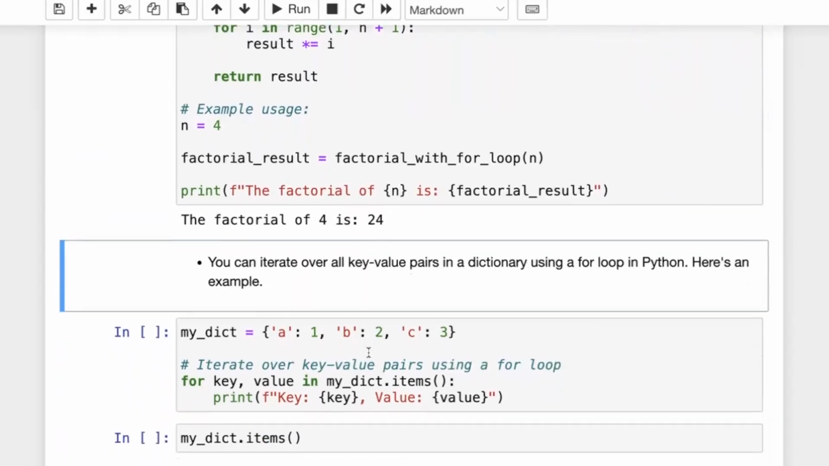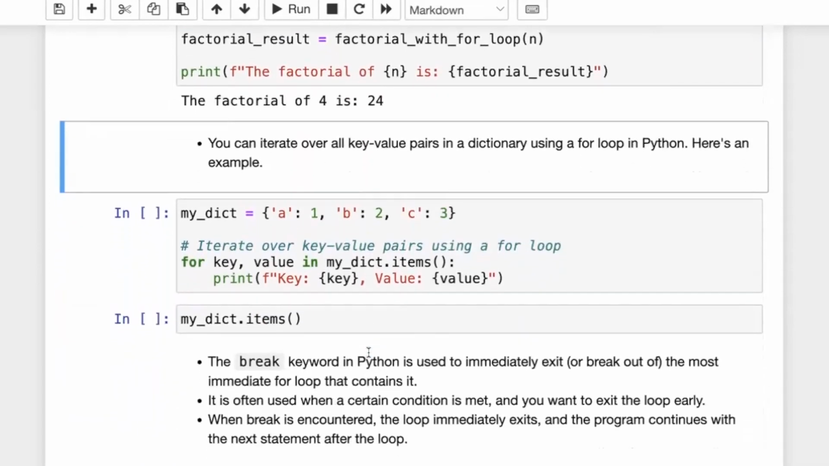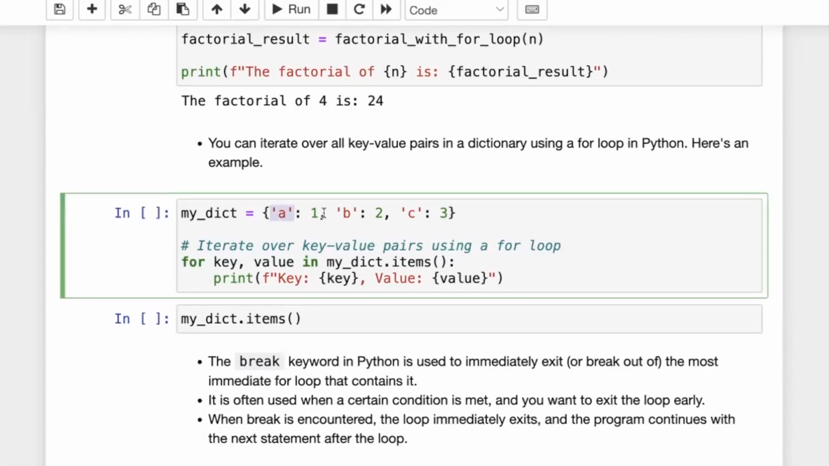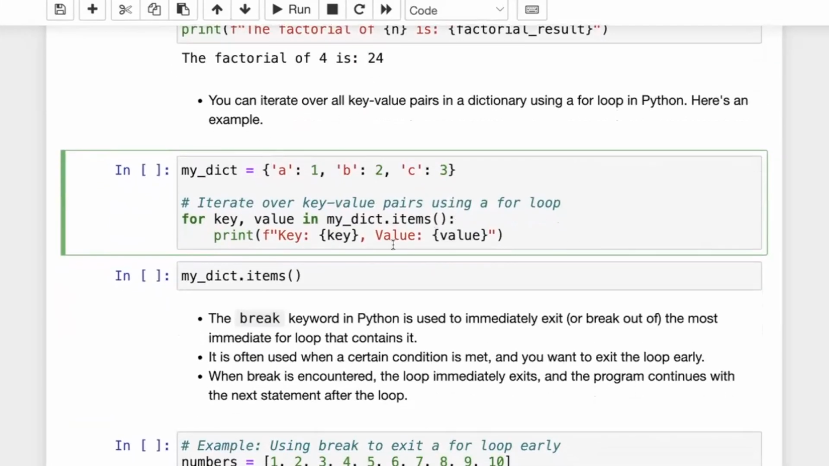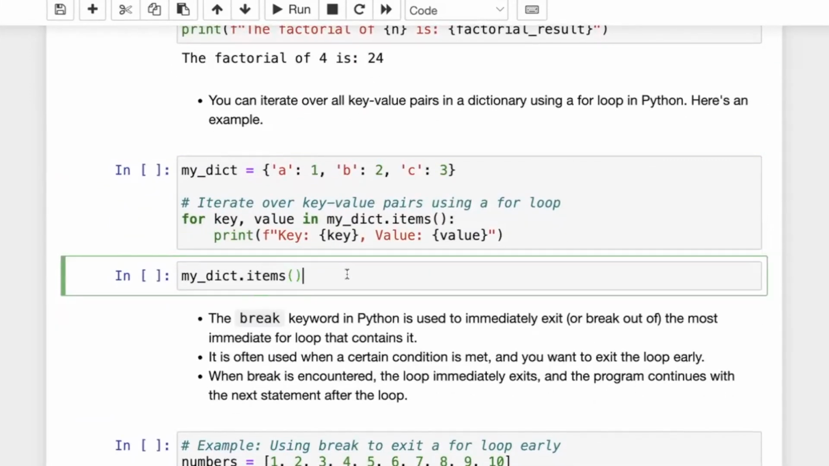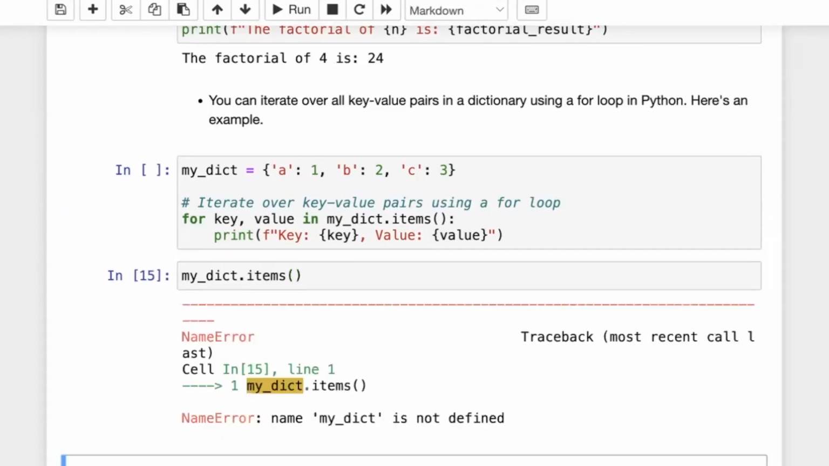But you can also use for loops to iterate over elements of dictionaries. Remember, in Python dictionaries, we have key value pairs, right? For example, here the keys are A, B, C, and the values are 1, 2, and 3. So what if we want to iterate over these key value pairs to do some computation? Here we are printing just these key value pairs, but in general, we may want to do more sophisticated operations. And as you can see, we have a method for dictionaries which is called